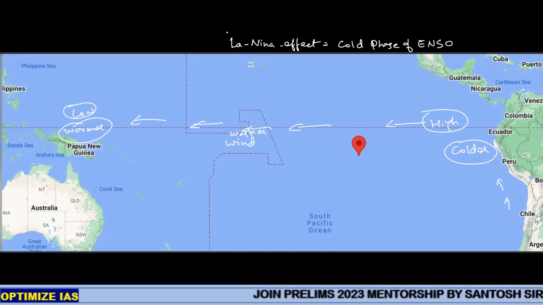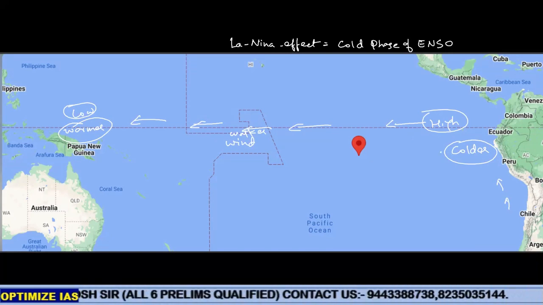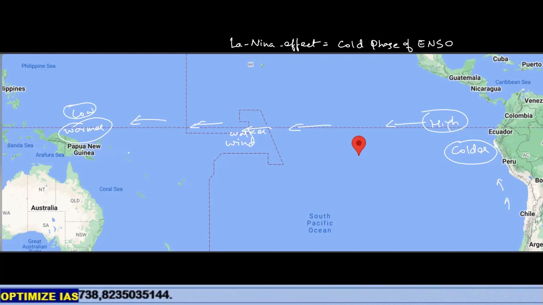Seeing the comment here, chat. No. Now the high becomes more high and the low pressure becomes more low. What happened to the Walker wind, which is moving from east to west, from the American side to this side? It becomes stronger, right? So the Walker wind becomes stronger.